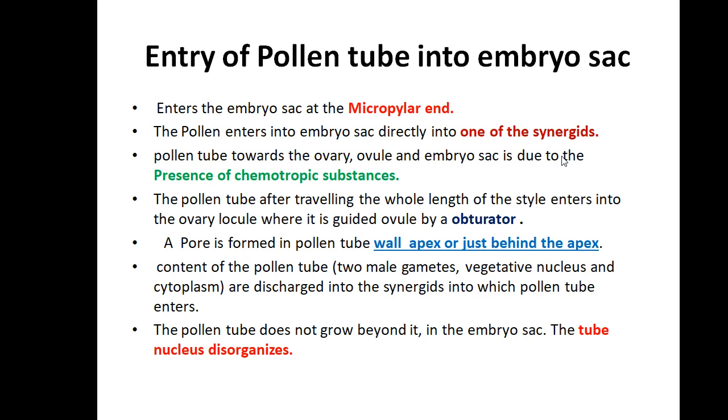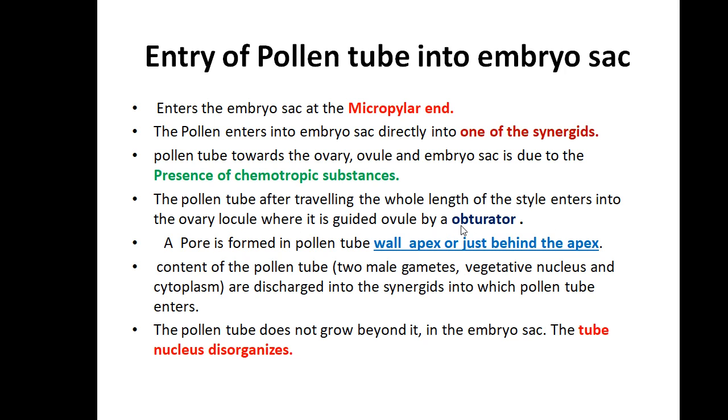Yes, we have seen already, it is in the first slide itself. The pollen tube grows towards the ovary, ovule, embryo sac due to the presence of chemotropic substances. How does it reach particularly the ovary, ovule, embryo sac? Due to the presence of chemotropic substances. The pollen tube, after travelling the whole length of the style, enters into the ovary locule